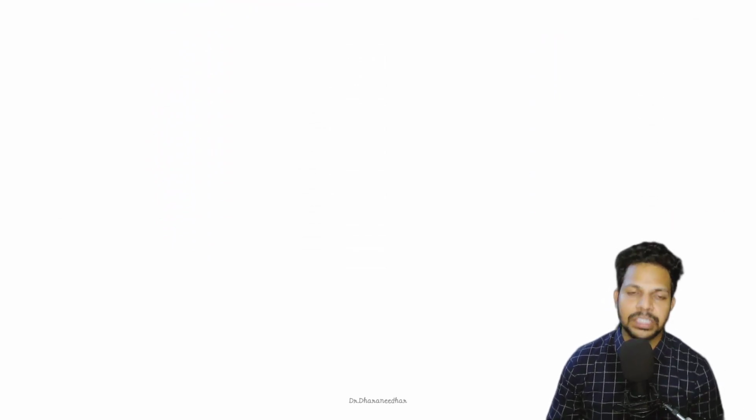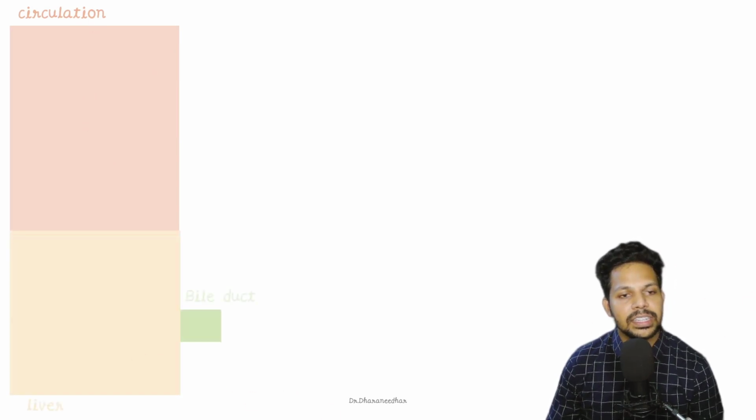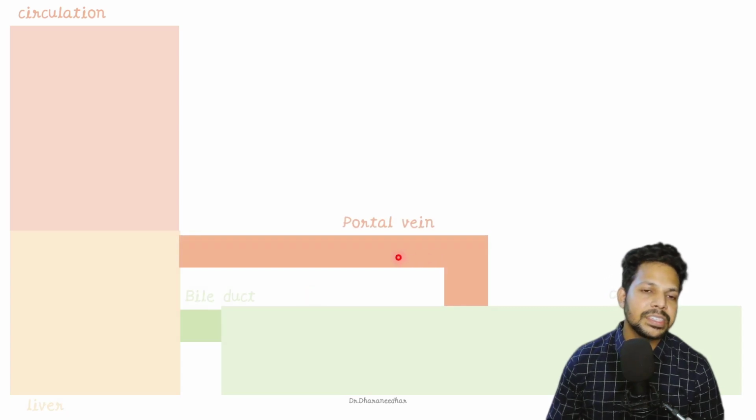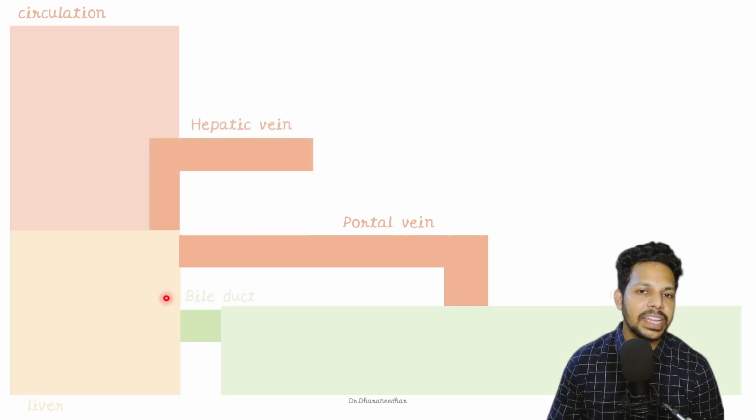Now this is a schematic picture. This is the schematic picture where we'll be looking at this red part is the circulation and this cream part is the liver, and from the liver here is the bile duct and here is the intestine, and here is the portal vein that is taking up blood from the intestine into the liver, and here is the hepatic vein,